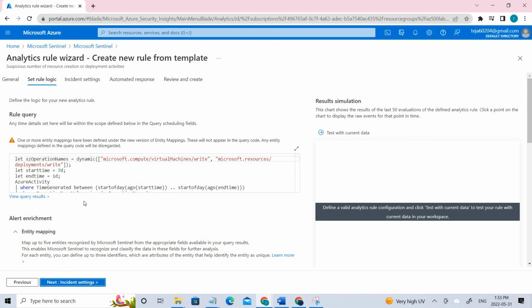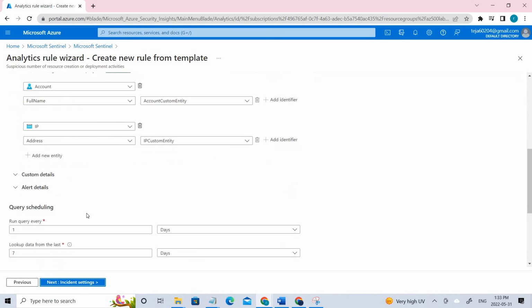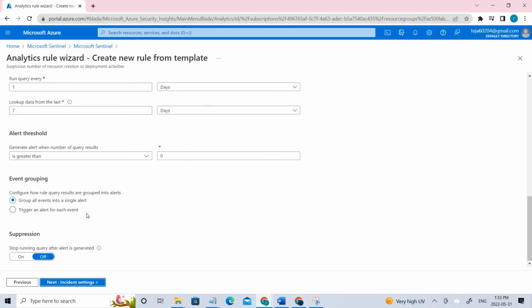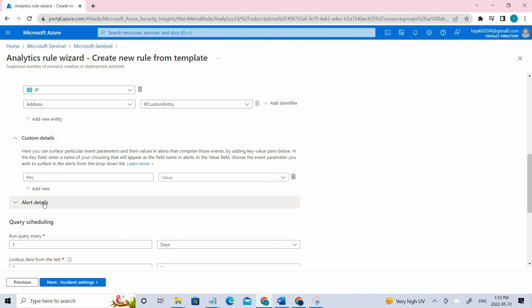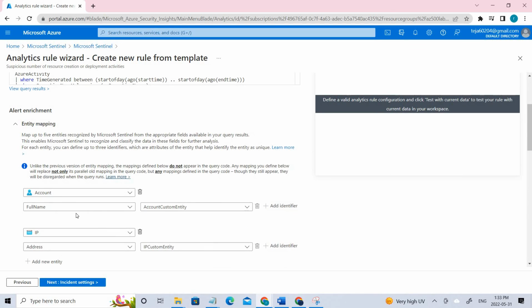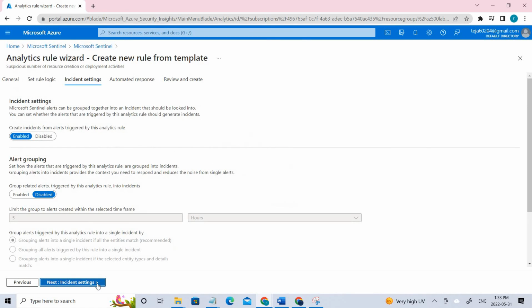And here, review all the sections and go to the next step. It will be default, but you can just review what the options are here and how to configure them. Saying that, we can go to the next, which is incident settings. So click that,